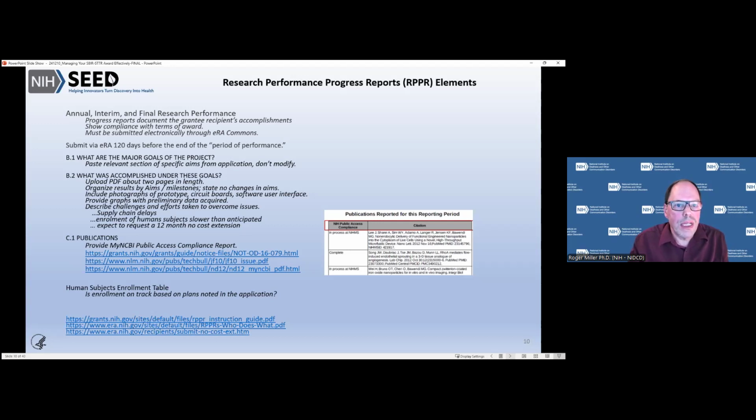In section C1, and I've got a screenshot of that over on the right-hand side of this slide, this is where you get to show off your publications. This is the gold standard for scientists. It's great to have publications. The taxpayer paid for the study. The taxpayer wants to be able to see those publications. So we have a process where you can show that you have uploaded not a draft, but the final manuscript to our system and made it available. If that is not in compliance with the requirements, that will be an issue for you getting funds for the